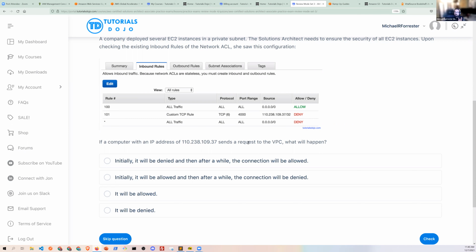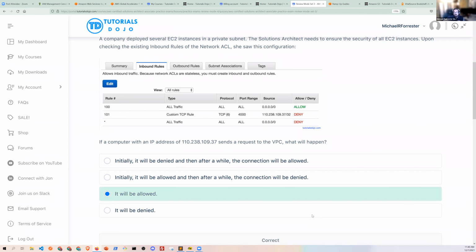Exactly. Once the traffic matches a rule, it's not going to do any further rule processing. So dead on, both of you, right? It is actually going to process this first rule. It's not even going to read the second rule. So the traffic should be allowed by default. If you want to change that, this rule needs to be changed to 99 and put in front of the 100 rule, right? So it's going to be allowed. Remember that you have the option to modify the rule number yourself. Yeah, you can change it. You can shift it up or down. You can either move the top rule down or move the middle rule up, whichever you want. That star means, by the way, no matter what, that's going to be the bottom rule, which means if traffic doesn't match any known pattern, it's going to be denied.